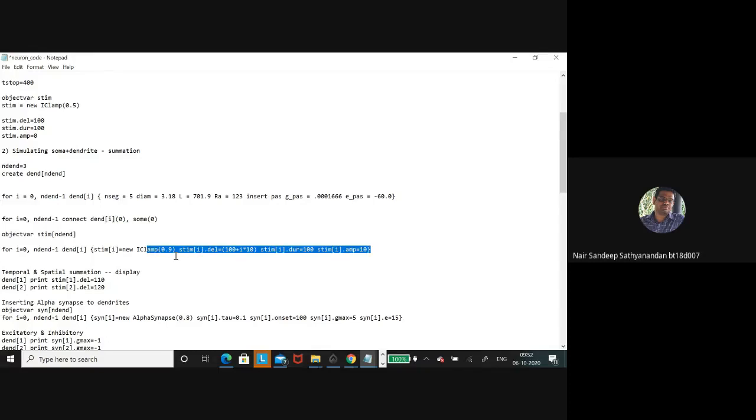Now using these different features, we can create a network of neurons, and inside the neurons you can play with the biophysical properties. For example, we just modified the sodium conductance, and then we saw the results. So that is it from my side. In case you have any doubt, I can address it.